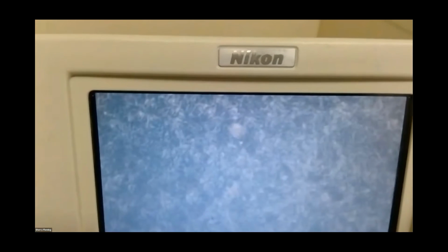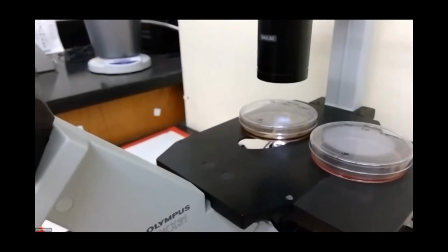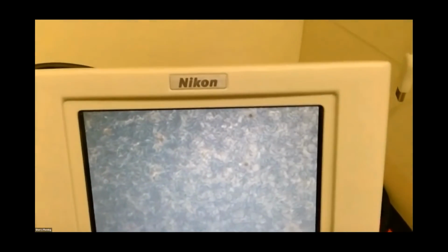There's one, if I can get it to hold still. This monitor is showing what's on your microscope right now? This monitor is showing the microscope. Over here, I've got it under the microscope, and it's coming over to the monitor so we can try and